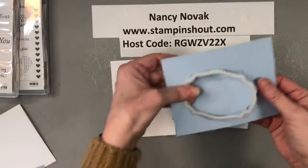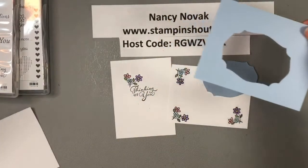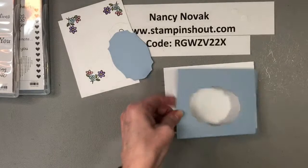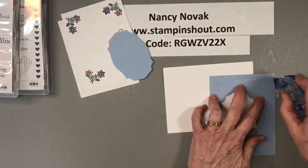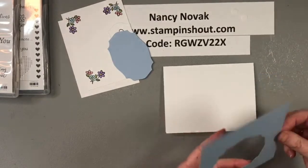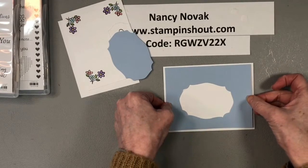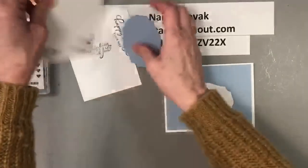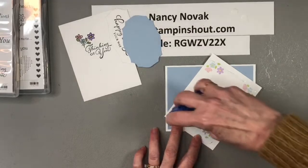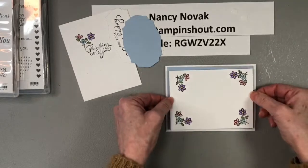and then I have this piece that I cut out, and there's the matte piece. So let me go ahead and put that matte piece on the front of our card, and like I said, you're not going to see that hole because we're going to be covering it up with our stamping piece. So put that on right there, and then I can go ahead and put our stamping piece on the front. Put that right there,